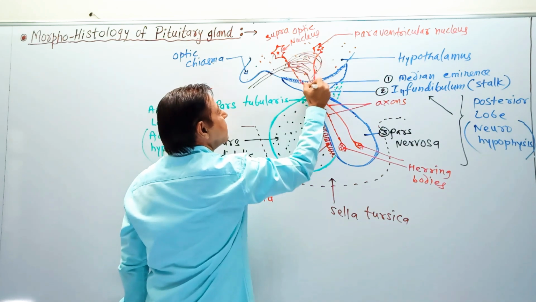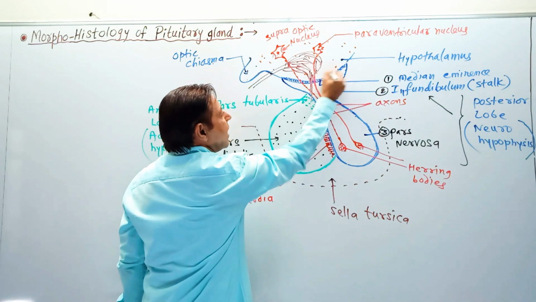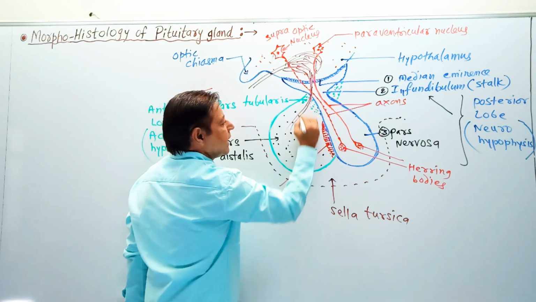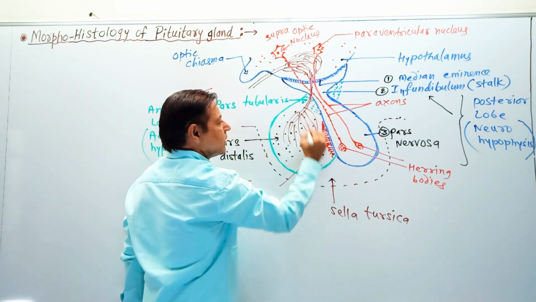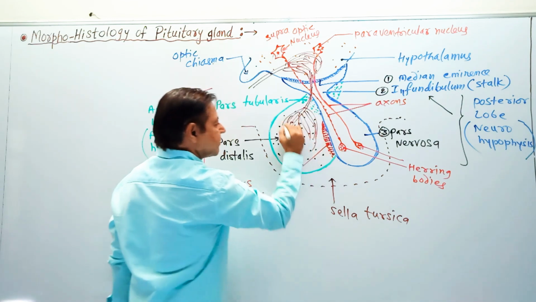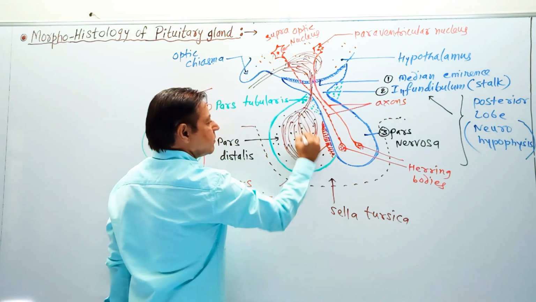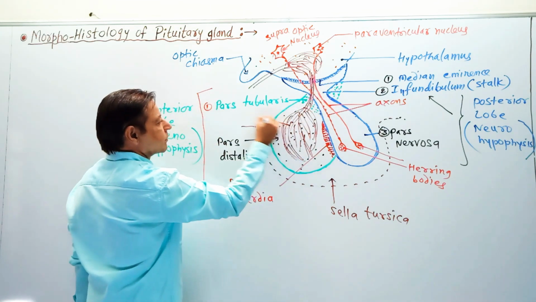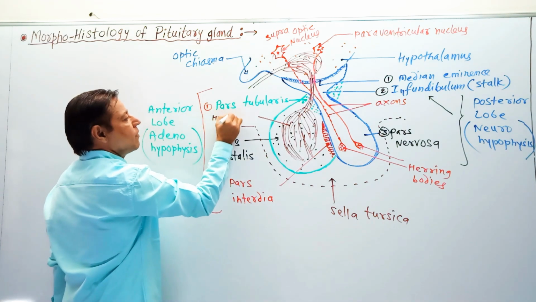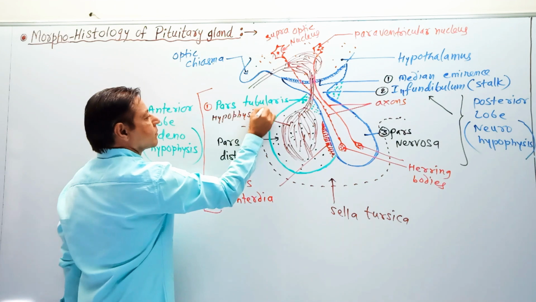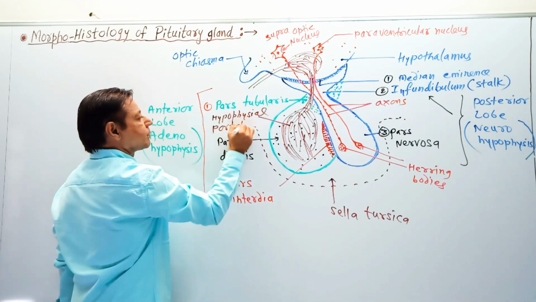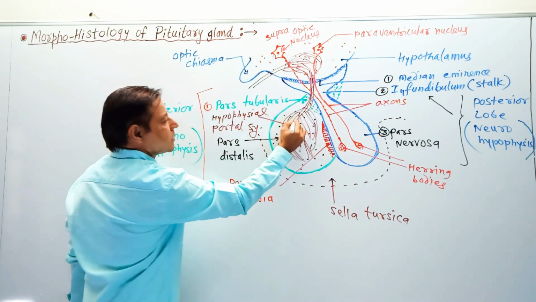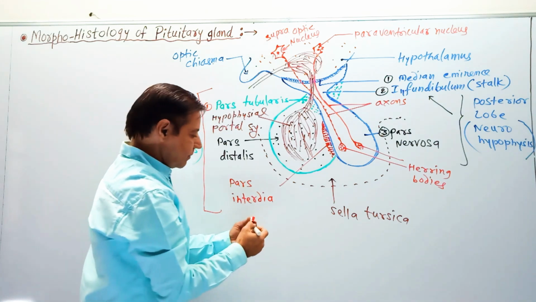Then vessels come out from the hypothalamus entering into the pituitary, where these blood vessels again form a capillary network, called the hypophyseal portal system. This is the hypophyseal portal system, and thereafter